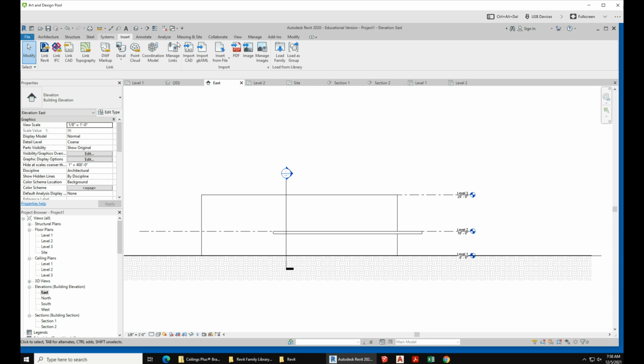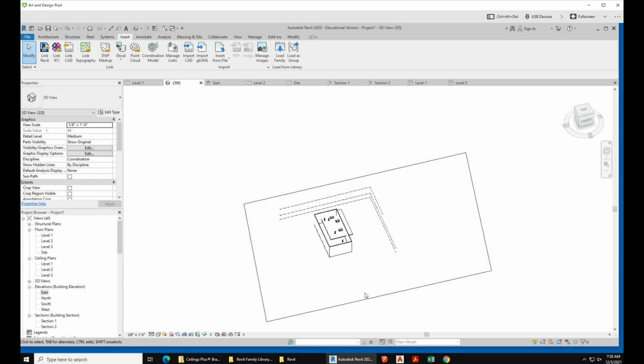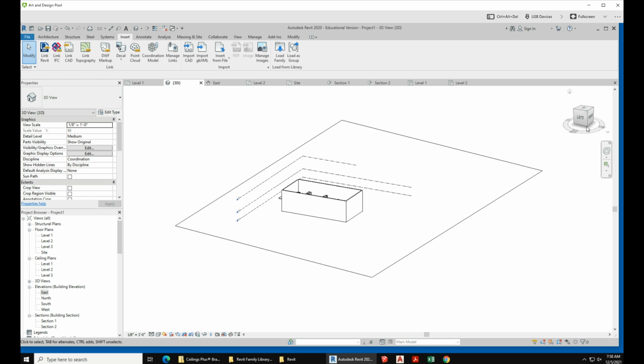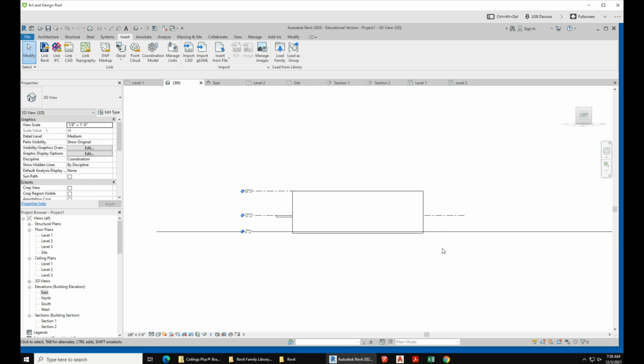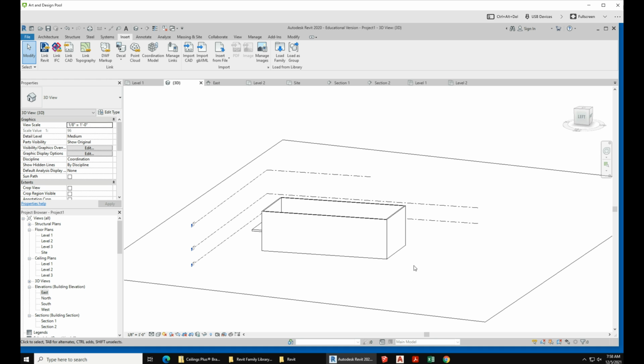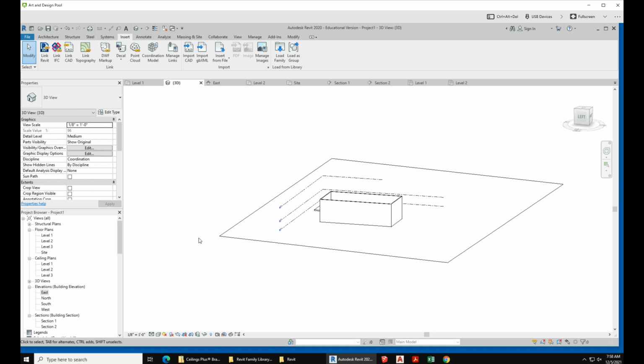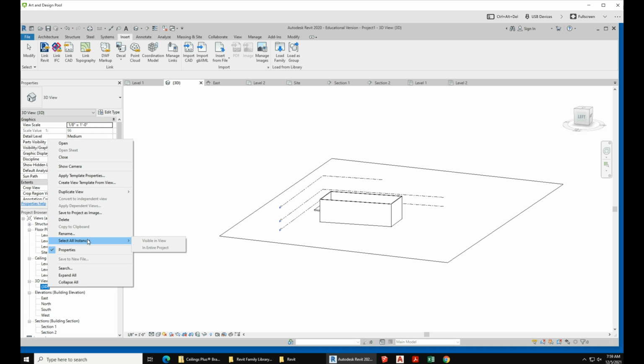So if I go to my 3D view, I click any one of these orthographic views, I can see what's going on here. All right. Let's also create another 3D view and use a section box so that we can examine the model more closely. So I'm not going to use the default 3D view. I'm going to duplicate this view,